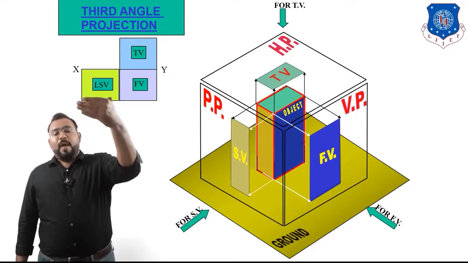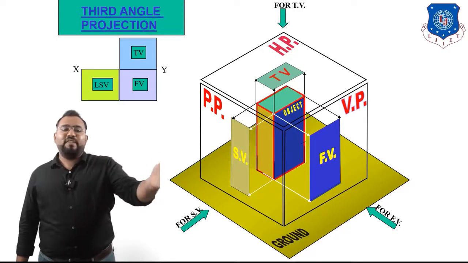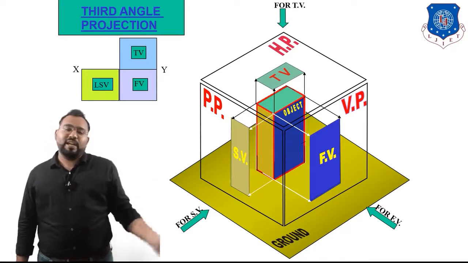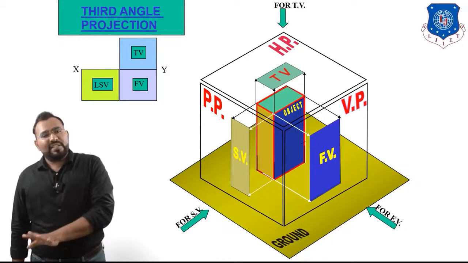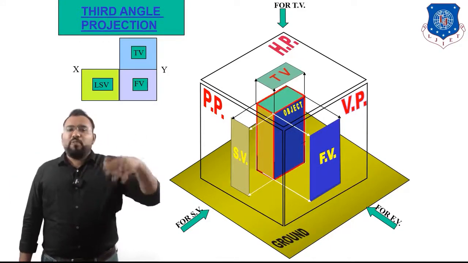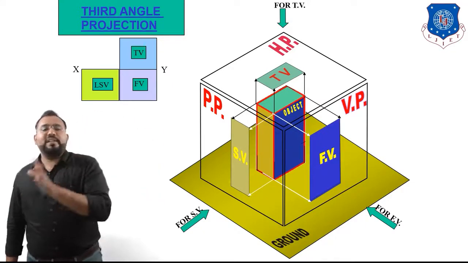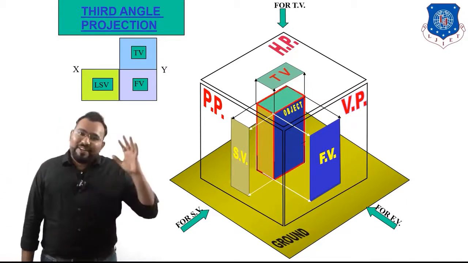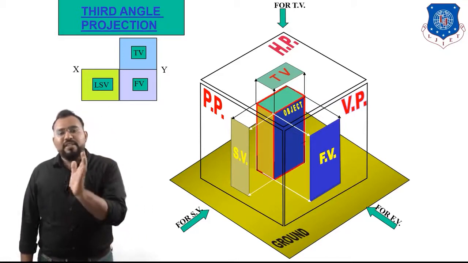Now the whole system is going to look like this. You can see in the second figure the XY line, and the position of the top view, front view and left hand side view over here. So you can clearly see that the first angle and third angle are opposite to each other. So in short, if any object is in the first quadrant, then that projection method is known as first angle projection method, and if any point or object is in the third quadrant, then that projection method is known as third angle projection method. Now quickly revise this whole video, and after that,